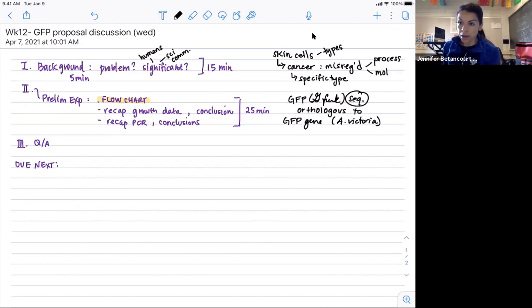So if you're going to provide a background on GFP, you've got to make sure that you're mentioning that the information you're providing is from what is known about A. victoria GFP, not G-funk GFP, because that's actually what you're doing. You're trying to figure out what does G-funk GFP do? How is it structured? What kind of molecular interactions can it participate in, etc. Okay, cool. So these are some of the things that you can think about when you're talking about the background,